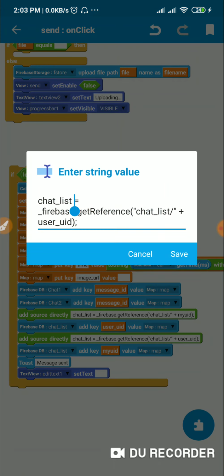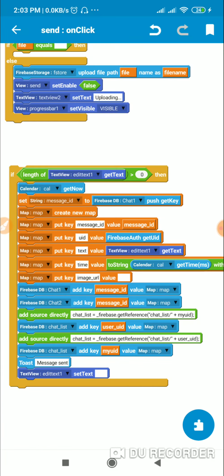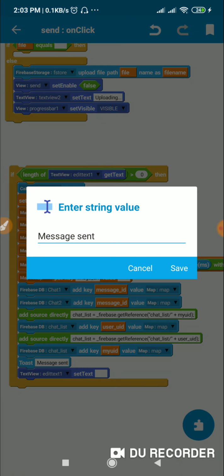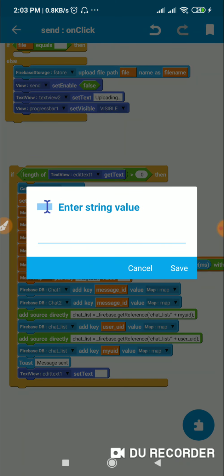Then the fourth one is chat list with reference to chat_list/user_UID, and here I add key my UID value map, and then I toast message sent, and in the end for edit text 1 I set the text to empty.